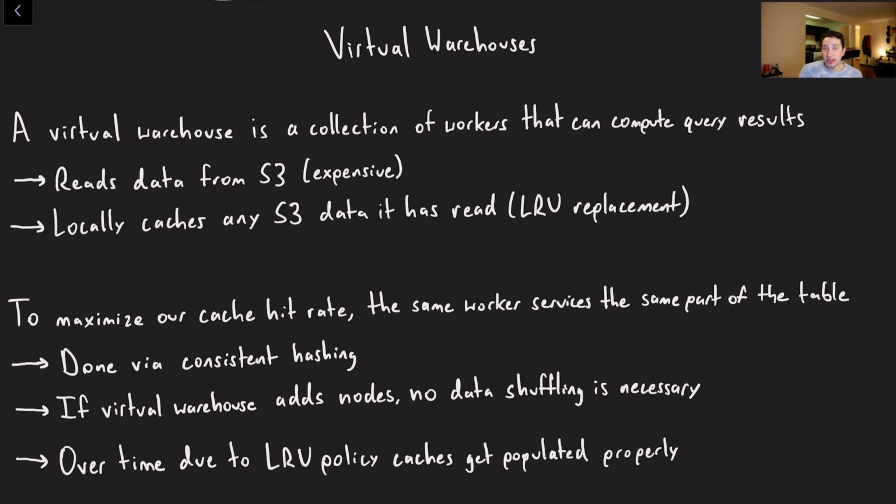So basically, it's the same idea here, right? Reading from S3 is fairly expensive because that's a bunch of data that's stored on disk. And in addition, you're no longer actually getting good data locality when you run your computations, because S3 is a completely separate storage system to any of these virtual warehouses. You have to actually load the data in from S3 over the network and then perform compute on it. And so that is fairly expensive, right?